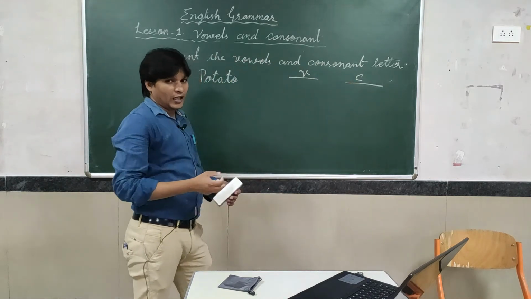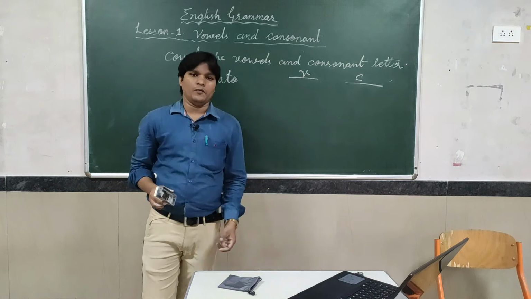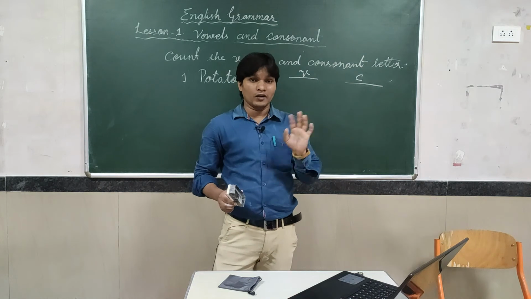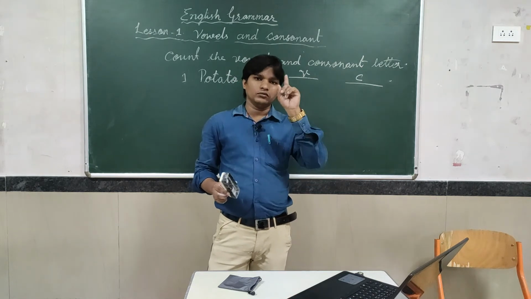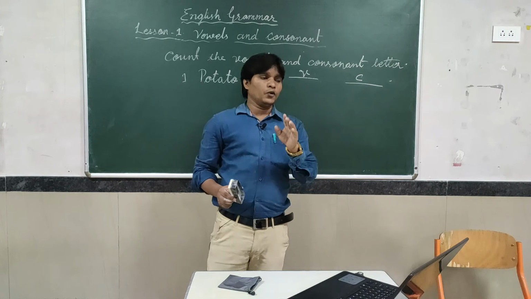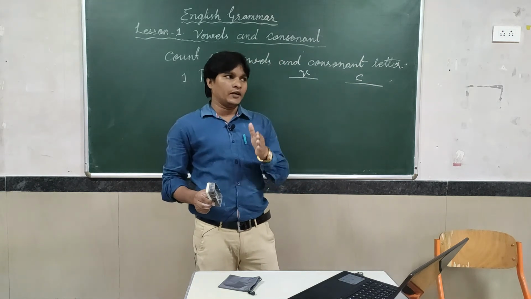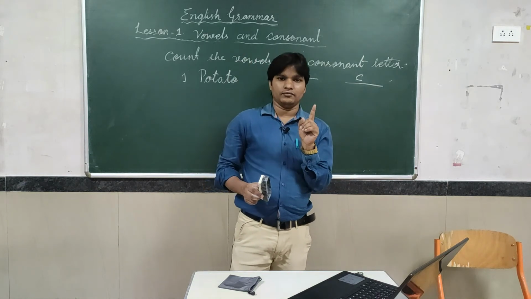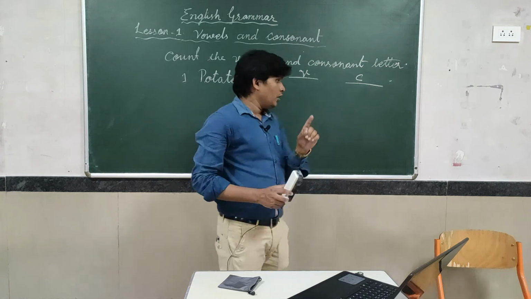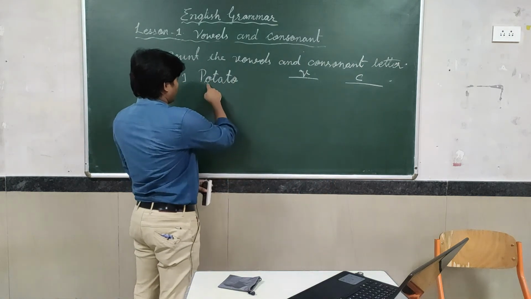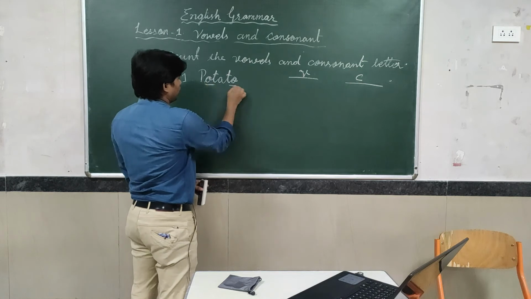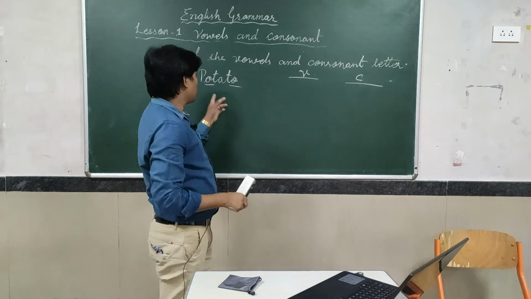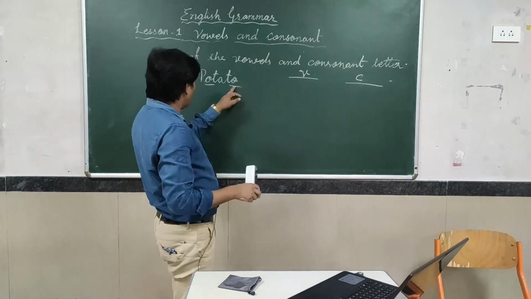But one more thing, sometimes vowels will repeat. For example, A 2 times, 3 times will come. So don't write that 3, 4. No, don't write like that. A, how many repeats? One only. Any letter, if it repeats 2 times, 3 times, 4 times, 5 times, but the letter is one only, I have to write. Are you getting my point? For example, here O came 2 times, A came 1 time.